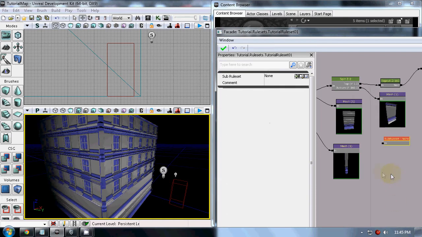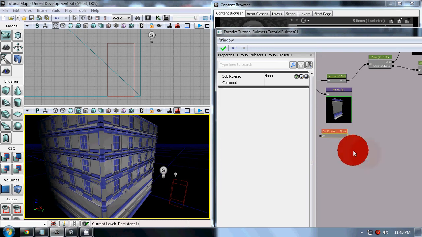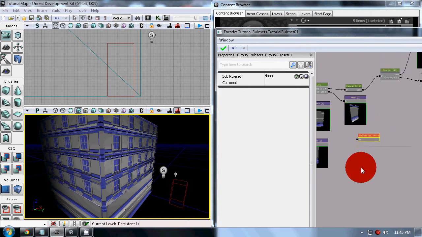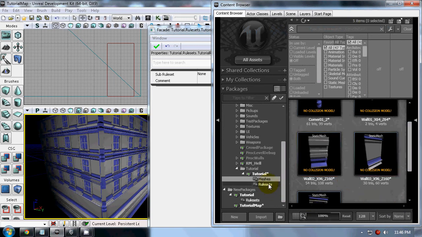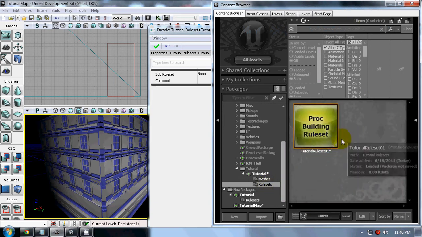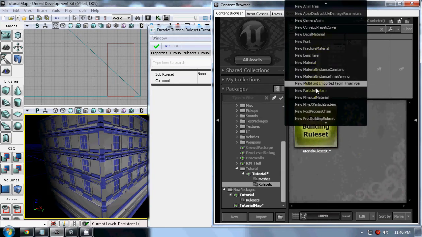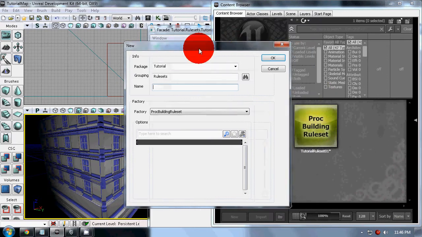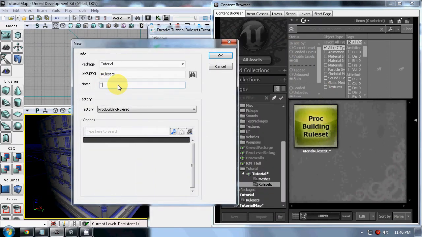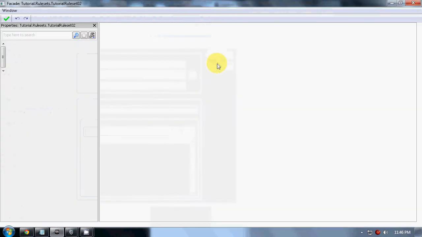Sub rule set is really useful for when you have really big rule sets and you want to order it a little. Then you can create a second rule set, and in your editor, let's just create one right now, and we have this new, this is tutorial rule set number 2,